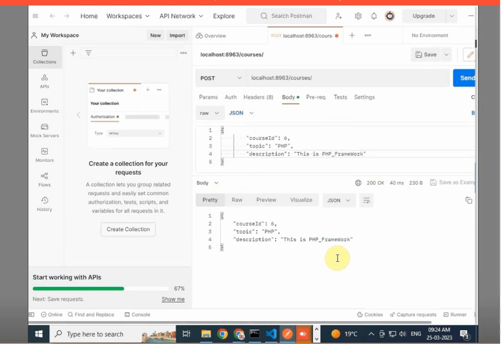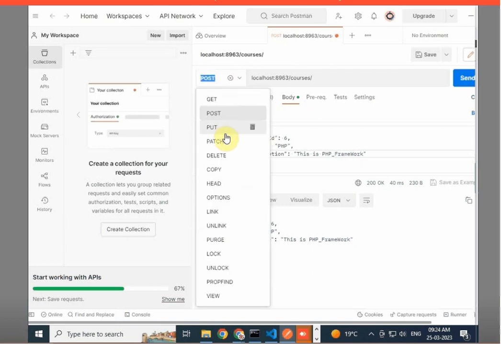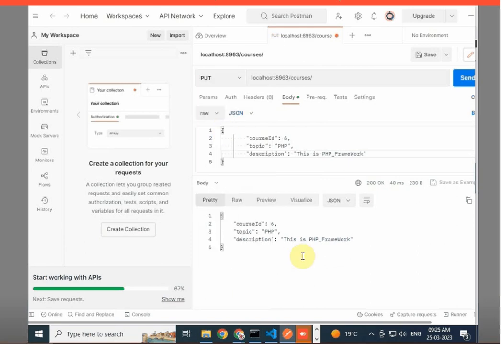Next, if you send a PUT request, the updateCourse method handles the PUT request to localhost 8963/courses/specific ID and accepts a JSON payload in the request body to update the course with the specific course ID.